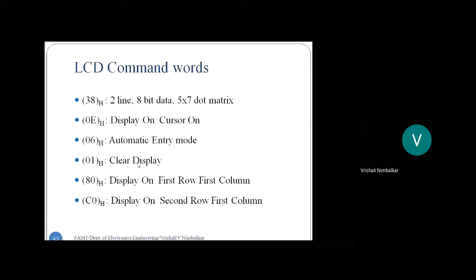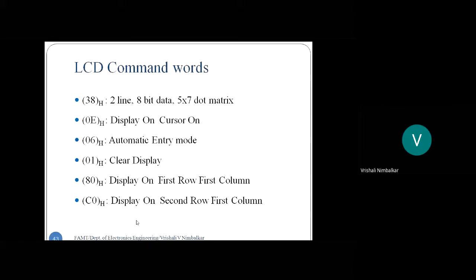Now see, students. Suppose I am displaying hi, hello, welcome, all these three messages on the first row, first column. Initially I will see hi, then at the same position I will write hello, and at the same position I will write welcome.